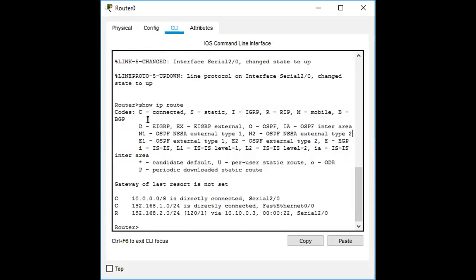These are all informational messages. Code C means connected. Here R means your RIP protocol is configured with this network. The 192.168.2.0 system is configured with this RIP protocol. Okay, in this manner you can check.